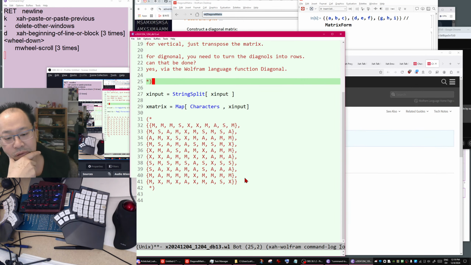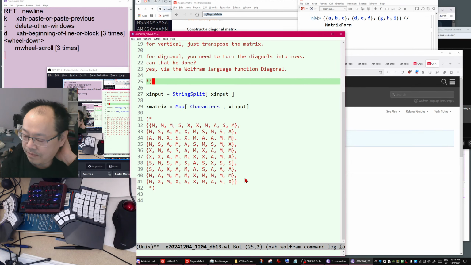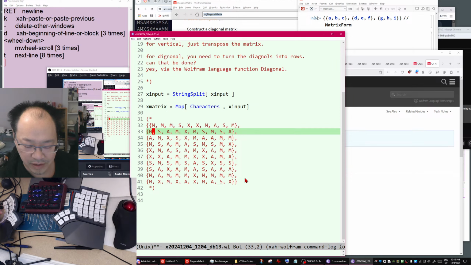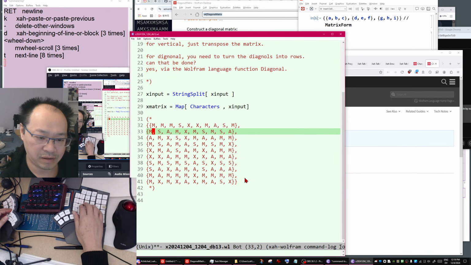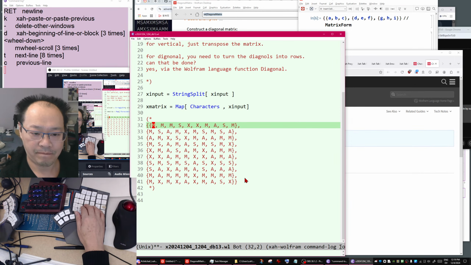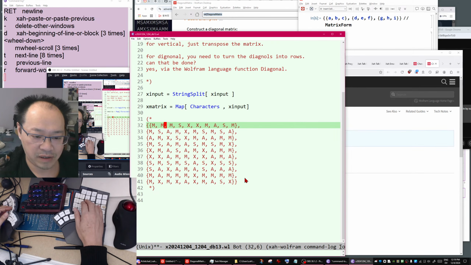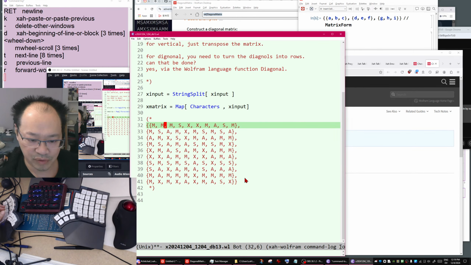Wait, you don't want to, because now you want to do regular expression on each row. But if you don't turn it into a matrix, then it's hard to do transposition.